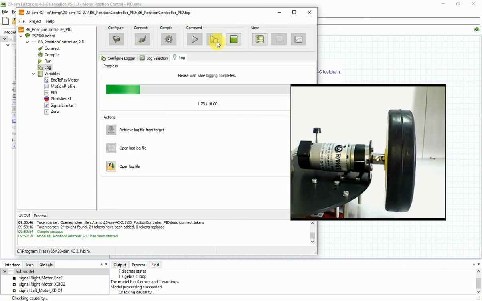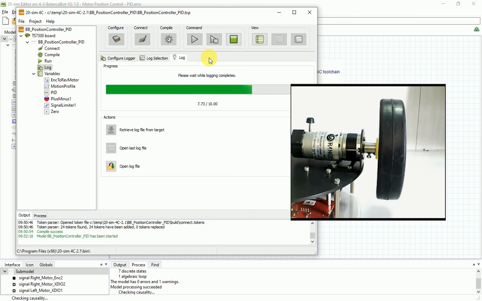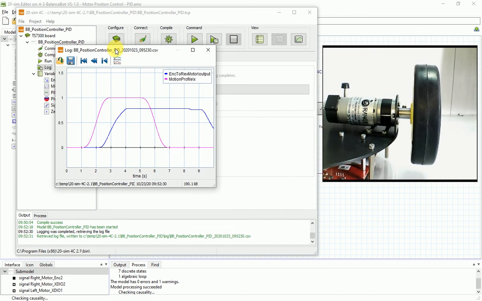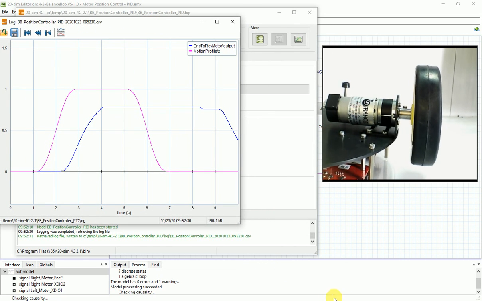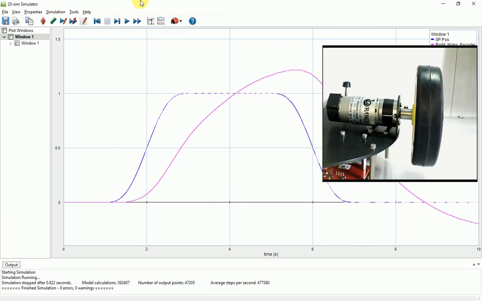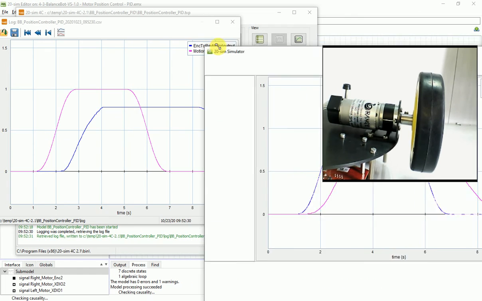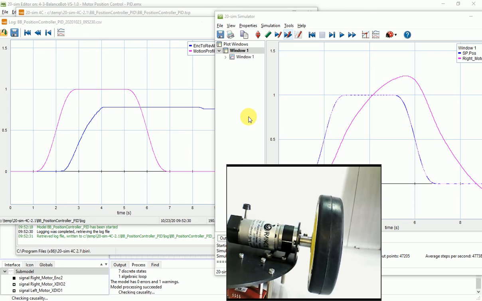So here we can see that this rotates by one position and it goes anti-clockwise. So remember that in this first simulation plot we have set to 0.01. So this is the profile we get. This is the same as the simulation plot that we got. So there you can see that only the colors have been swapped. Otherwise, we can see the blue line is the followed one, and the pink one is the set point.